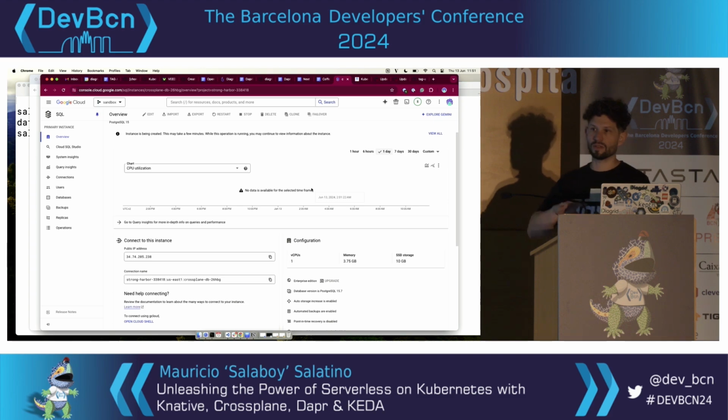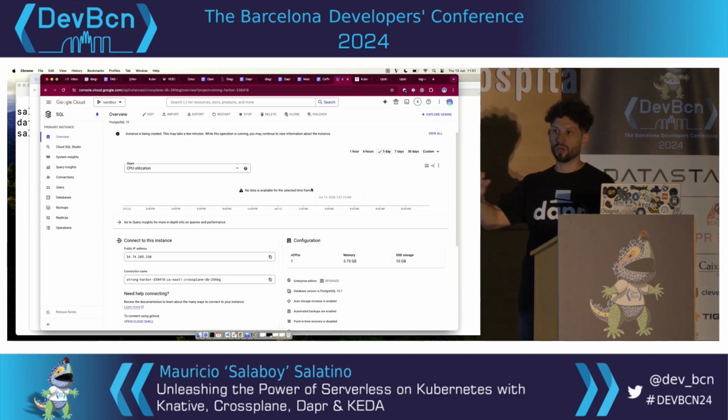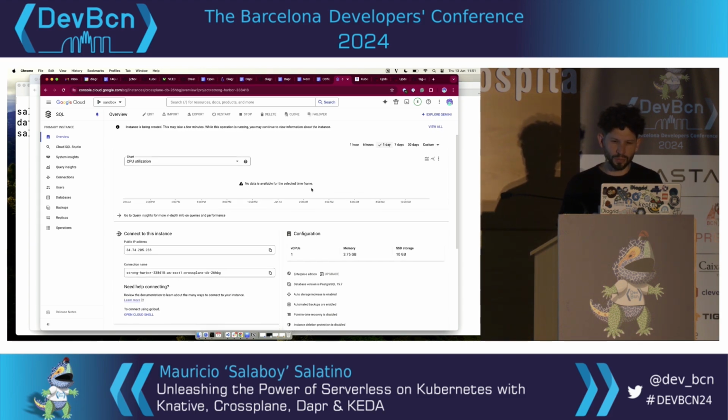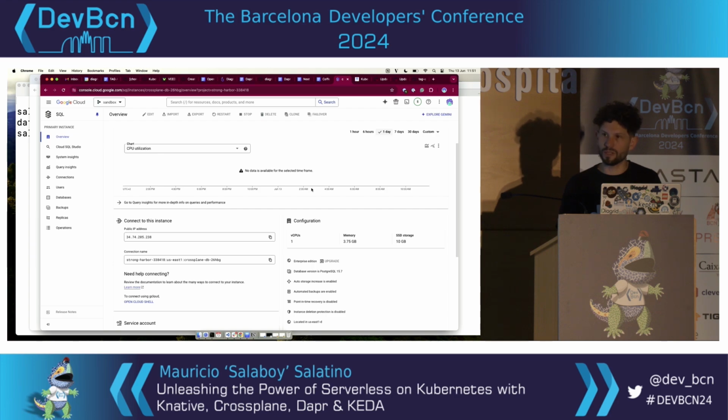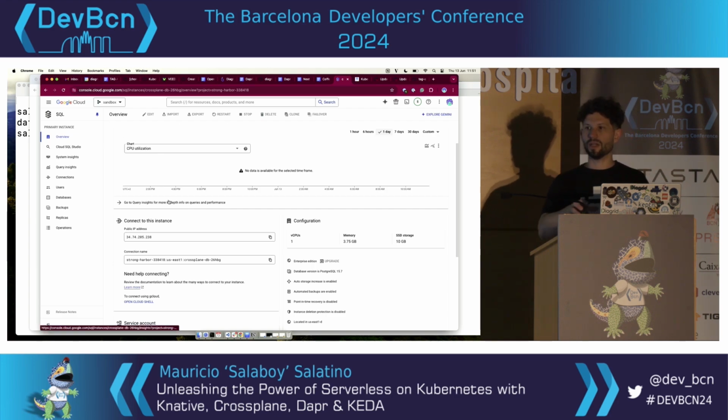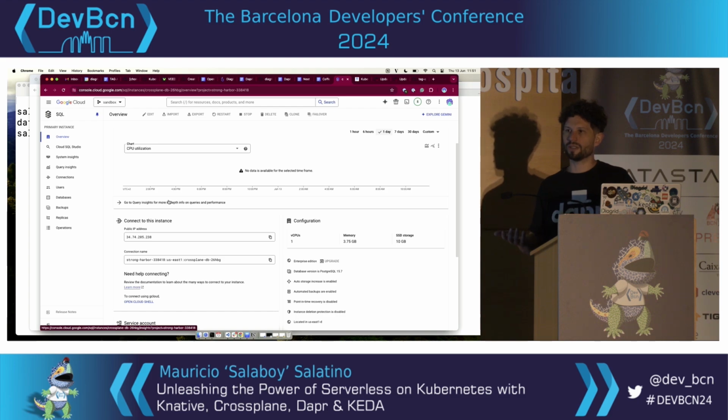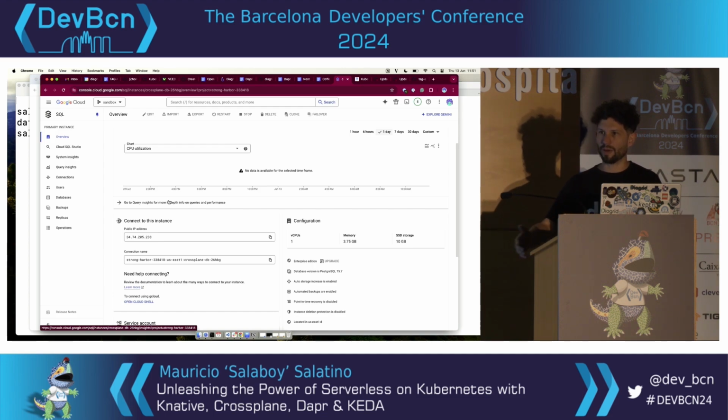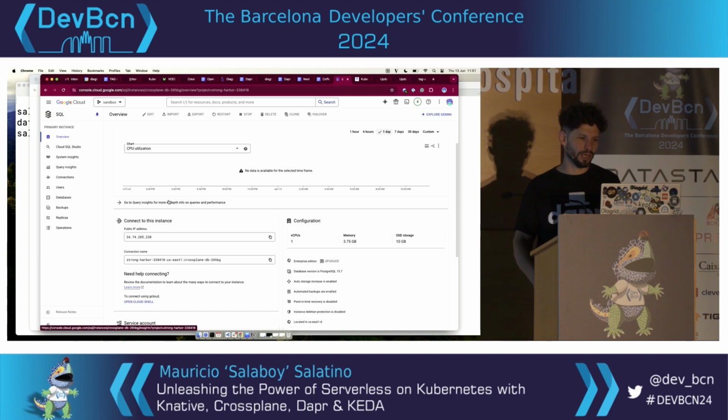But what Crossplane is doing is automating all the process of creating and monitoring these resources, which is pretty useful in general if you are building complex infrastructure, right? When I'm creating a database, usually I don't want just a database. I want a database, I want a network, I want probably some keys, I want a bunch of different things in order to be able to access that. Probably I want a role somewhere so I can have access to write tables and do stuff like that.